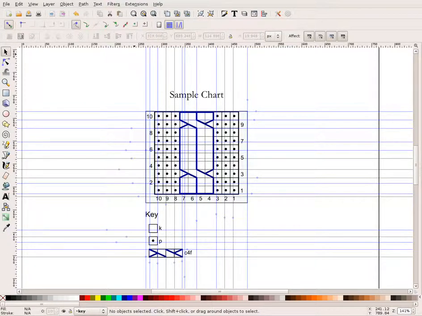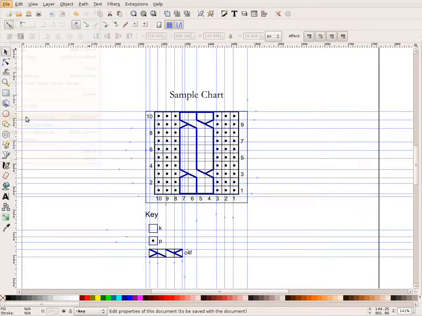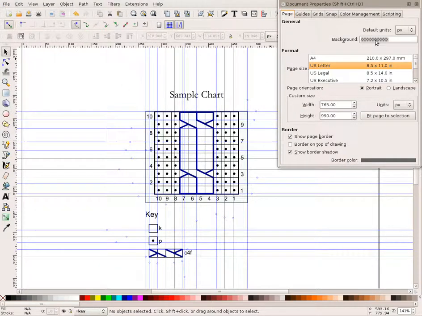Your chart isn't quite as difficult as it seems. The most important thing to note is that all Inkscape documents default to a transparent background. Some browsers and word processors, such as Internet Explorer and Microsoft Word, have serious issues with PNG images with transparent backgrounds. So, prior to doing any form of export, you want to go to Document Properties, then double-click on